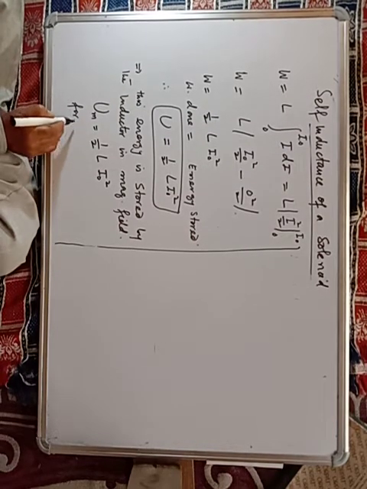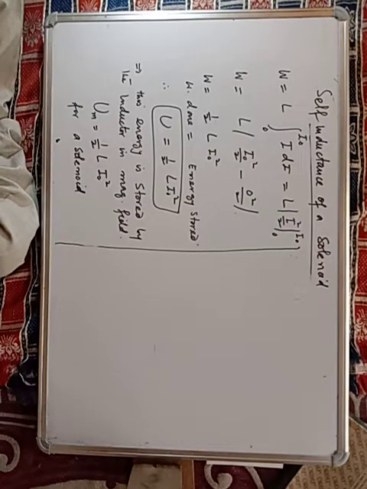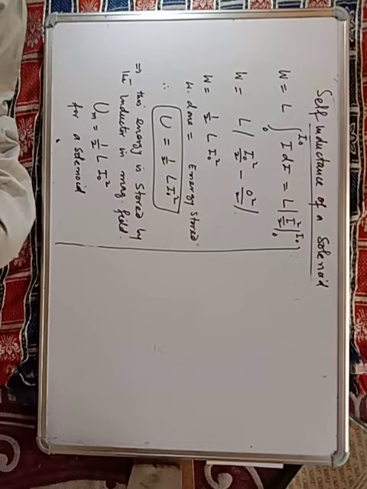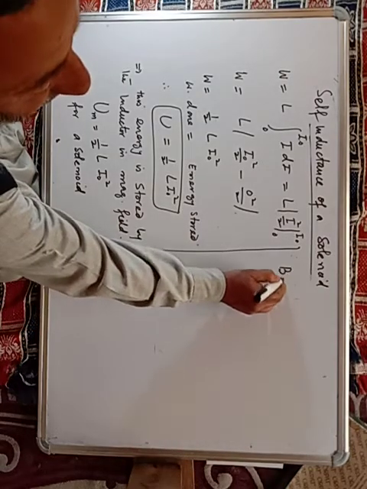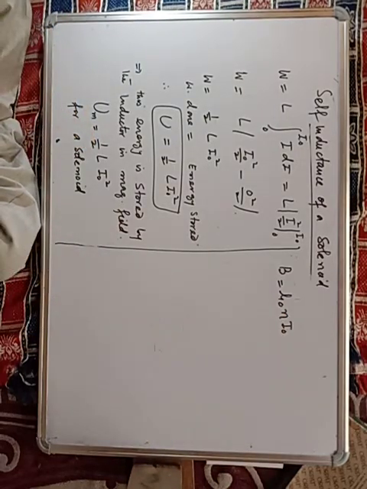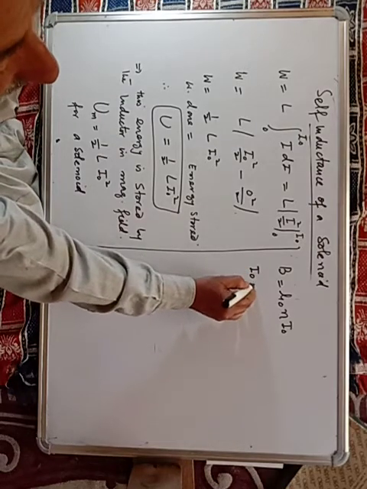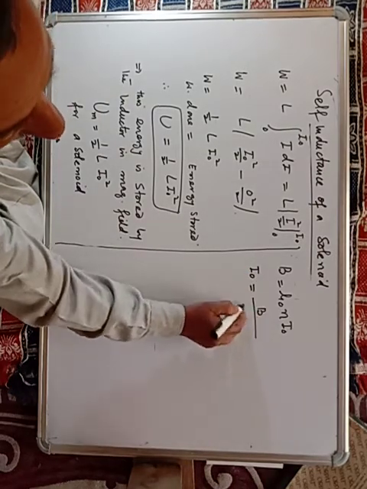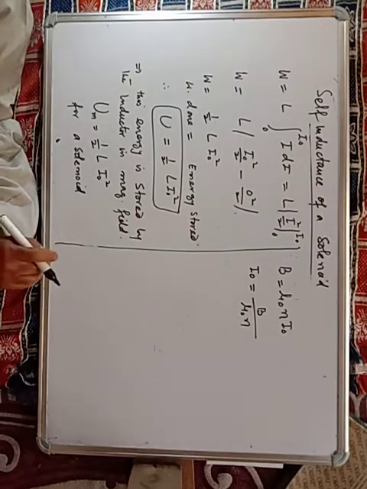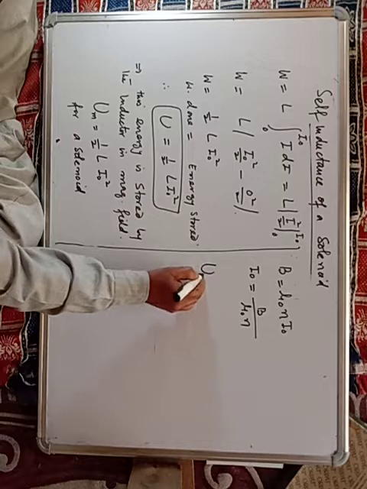So for a solenoid, we can write here B is equal to mu naught N I naught, because magnetic field is equal to mu naught N I. यहाँ से हम I naught का वैल्यू कैलकुलेट करेंगे, so you will get here I naught is B divided by mu naught N. So आप इस एक्सप्रेशन में डाल दीजिए, you will get here Um is equal to,